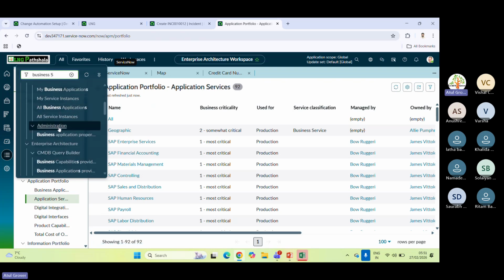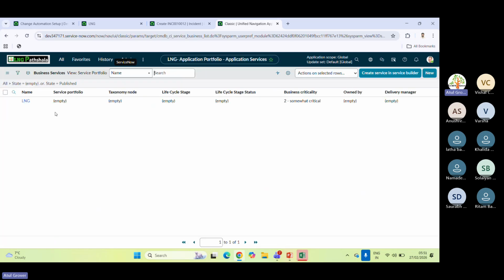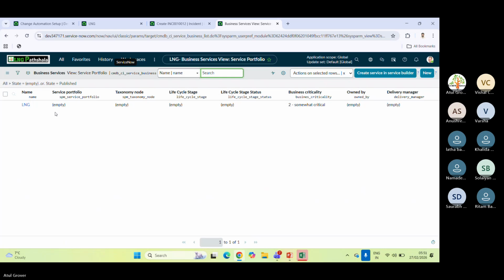Either you can go here, service instances and business application, and you can see business services here. That is the first part to create a business service. But ServiceNow says I'm giving you the new feature. So if you open this new one,